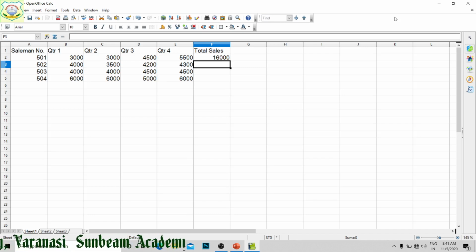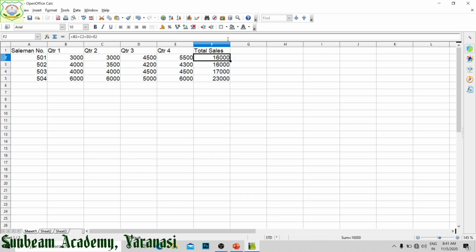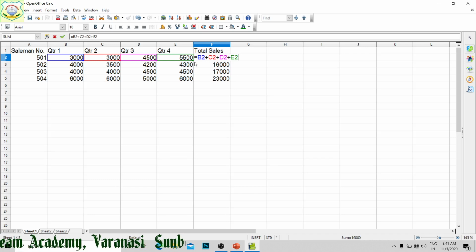After this, I am going to copy this formula to the corresponding other cells, and we get the results. Now see, the formula here is B2, C2, D2 and E2.